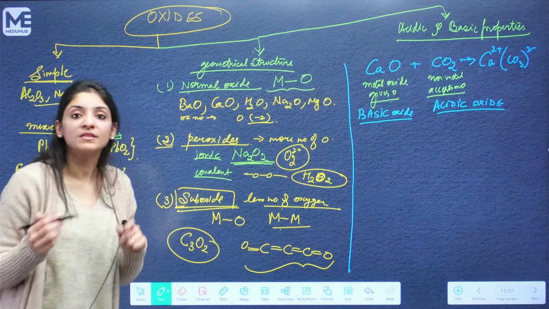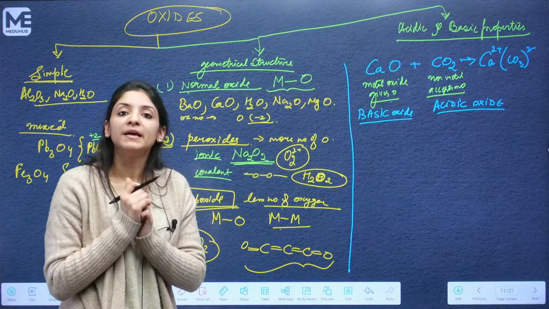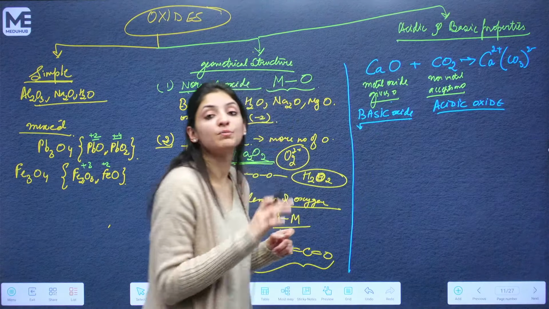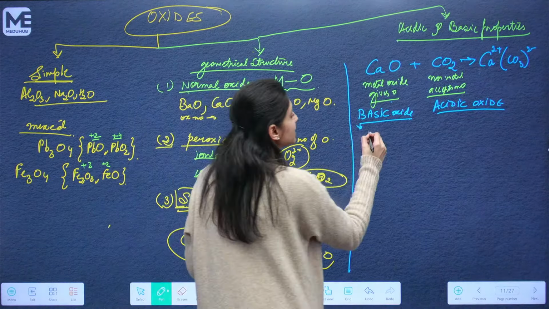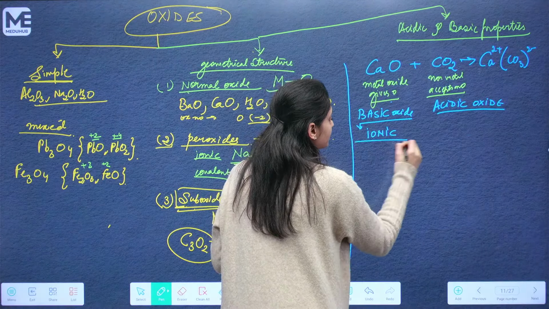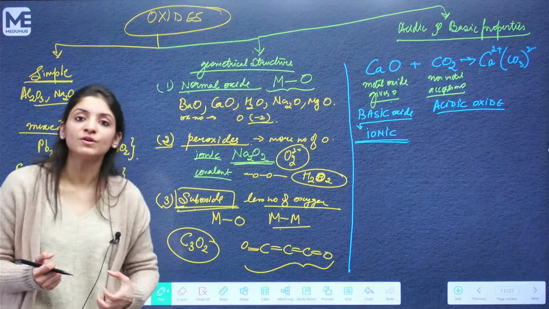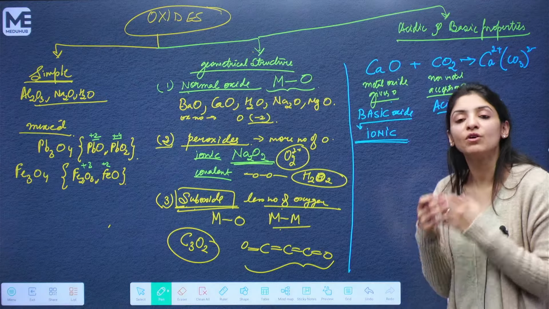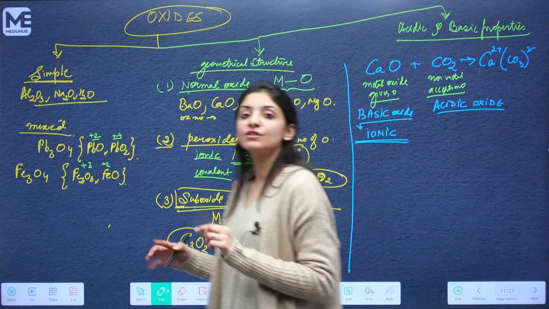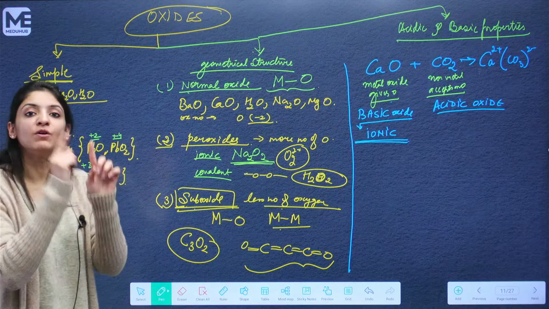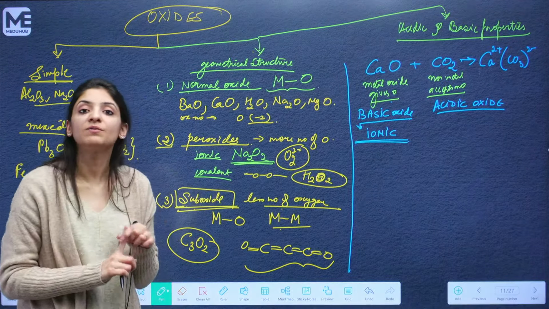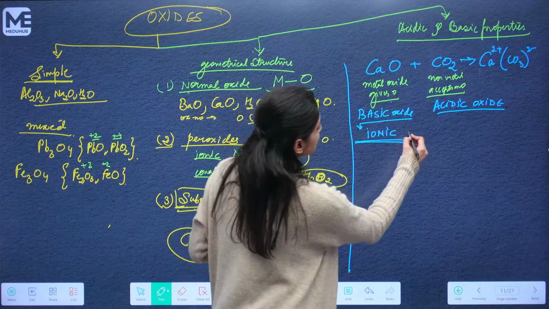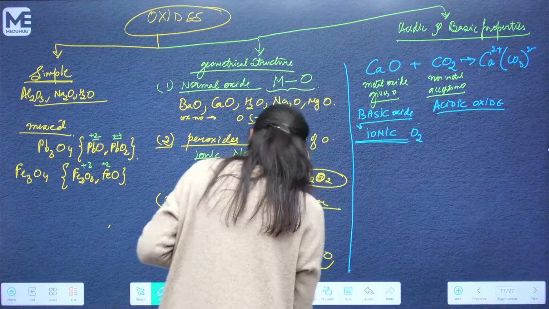Basic oxides are all metal oxides. Metal is highly electropositive. That means basic oxides are formed by an electropositive and an electronegative element, so mostly these are ionic in nature. For the formation of a basic oxide, what is happening? Calcium, let's say, or any electropositive metal has to react with oxygen O2. To react with the oxygen, the first step is breaking of the double bond between oxygen, so first energy is required to break that bond. Now we have 2 atoms of oxygen. To form the O2- species,